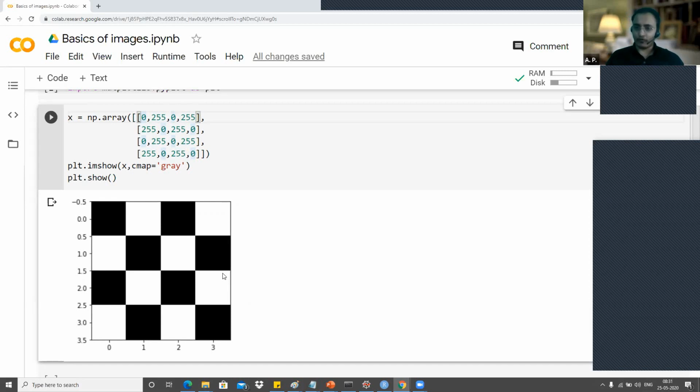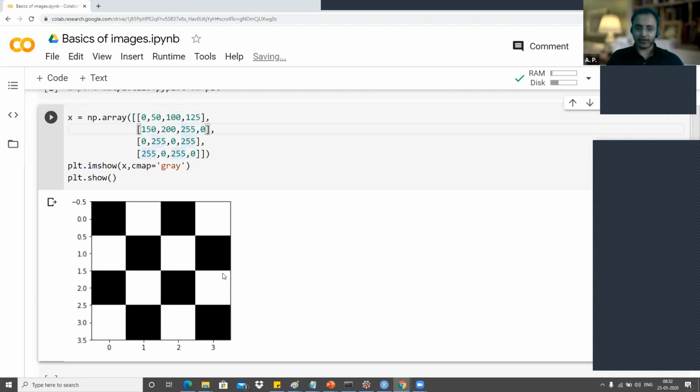I hope all of you would agree on that. Right, so I can possibly try out a lot of values between 0 to 255: 50, 100, 125, as you said, right? And let me also try out 150,